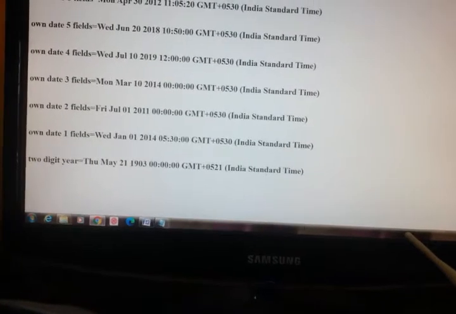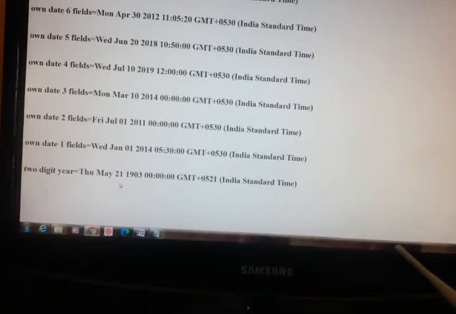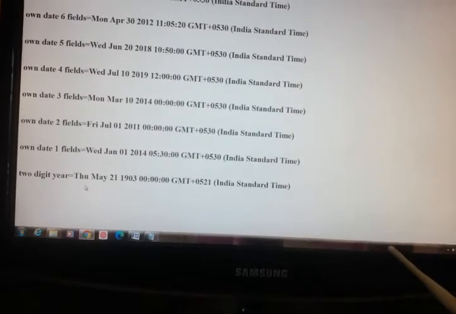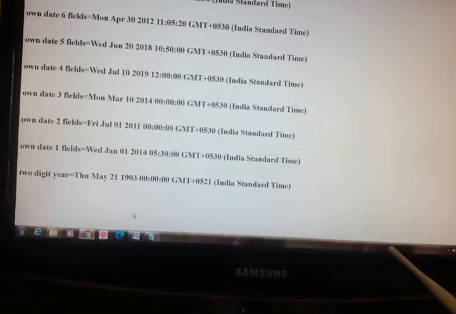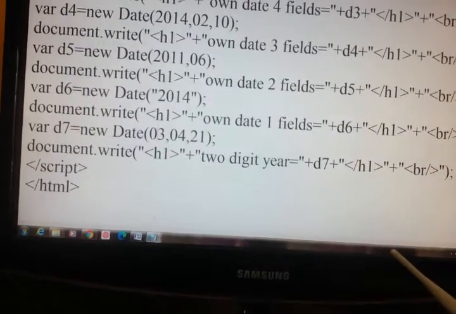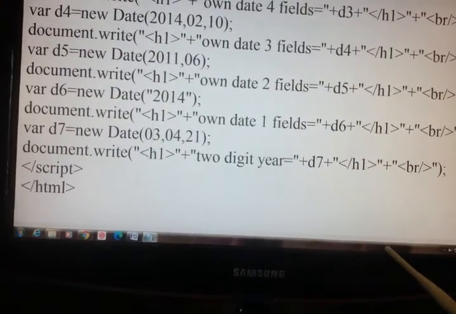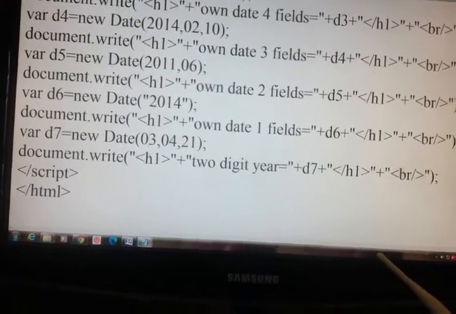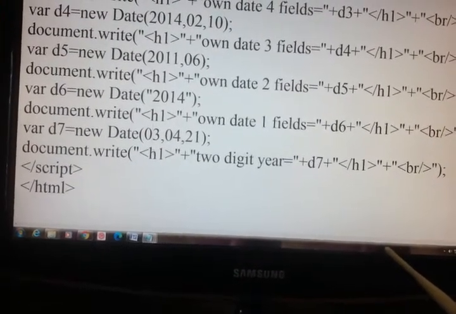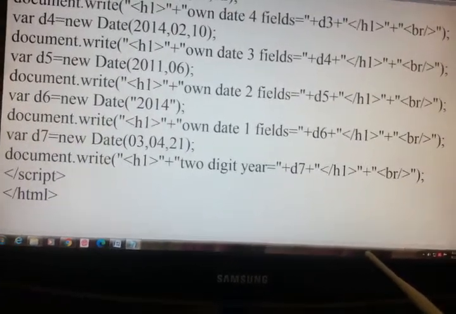It has taken 1903. So if you give a 2-digit number, it takes the year from 19. The year starts from 19.